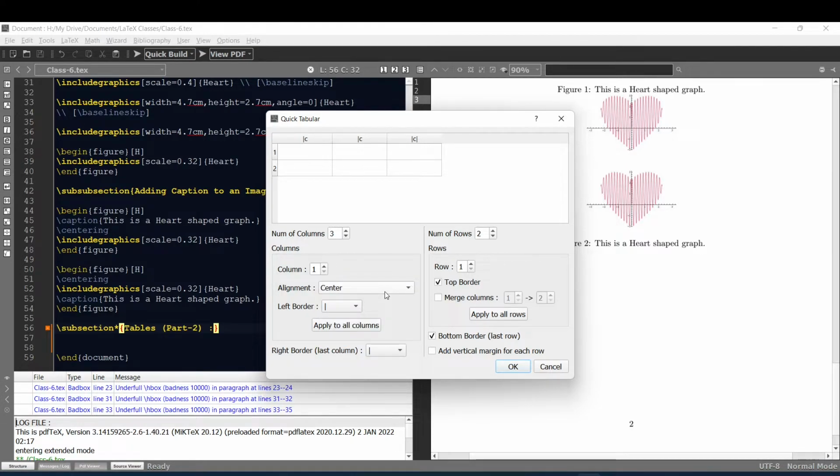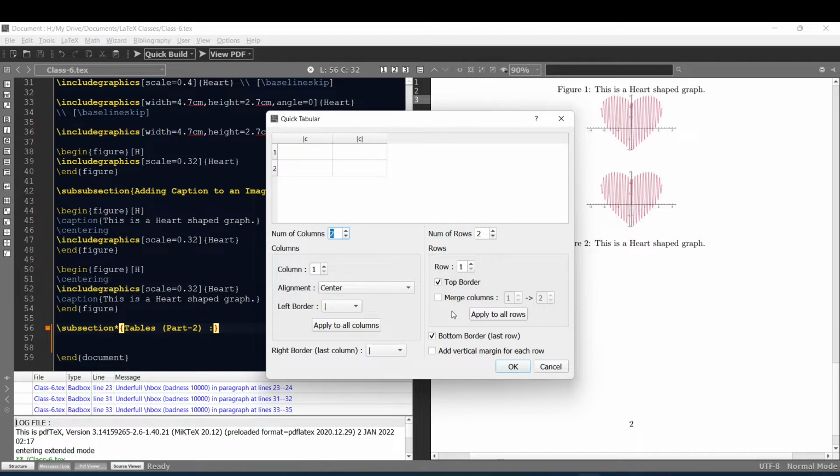Also, since my objective is to create a 2x2 table, let me change my number of columns back to 2. Okay, as you can see, this is a 2x2 table. Also, you can see that here in the wizard tool, we can directly alter the left border, top border, right border, and also merge columns, etc. You can explore these options by yourself.